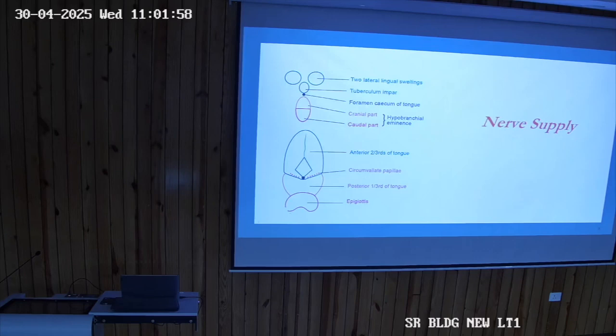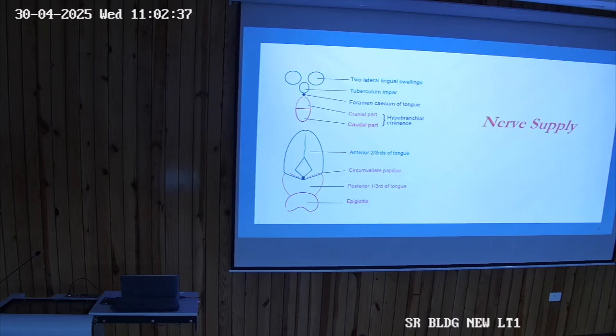So what is foramen cecum here? Foramen cecum, you will study one in the skull, one in the tongue and one in the medulla. Foramen cecum here is basically the location from where the thyroglossal duct invaginates and it is going to form the thyroid gland. Then the thyroid gland descends and its point of origin is marked here as foramen cecum. Basically it is present at the meeting point of the two limbs of the V in the center.